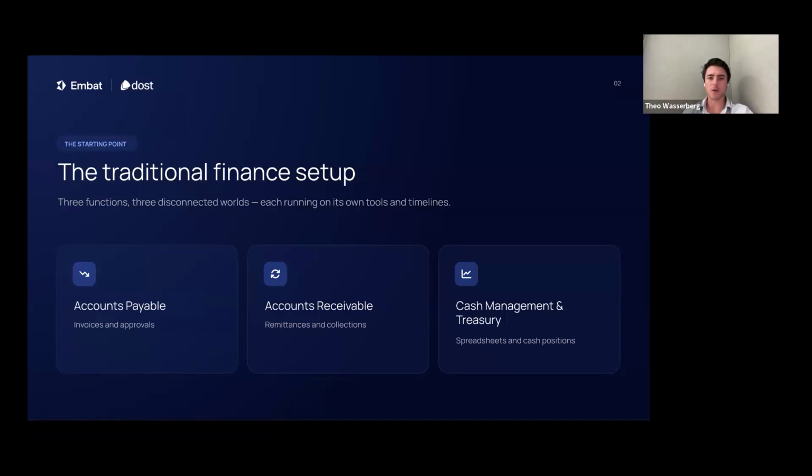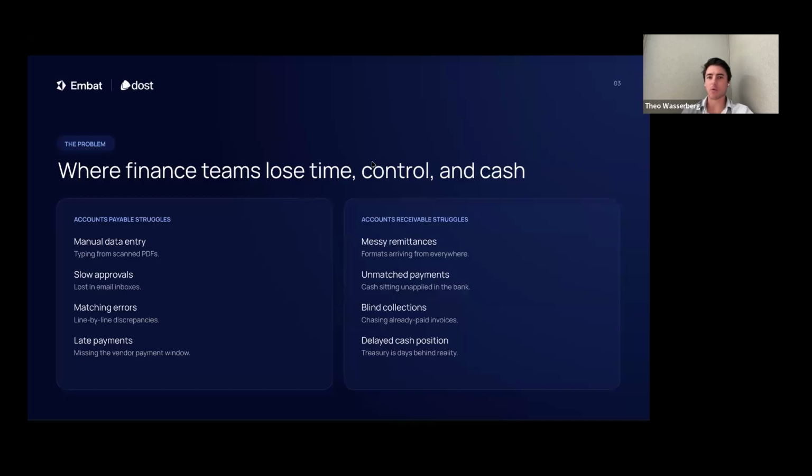Yeah, 100%. Well, look, perhaps then we start on the Dost side and talk about how you really get that data and where you bring that in from. Yeah, absolutely. So the Dost proposition is very different to our competitors. Without getting too technical, the important thing is that we use a VLM, a visual language model.